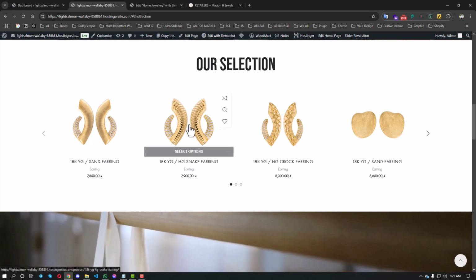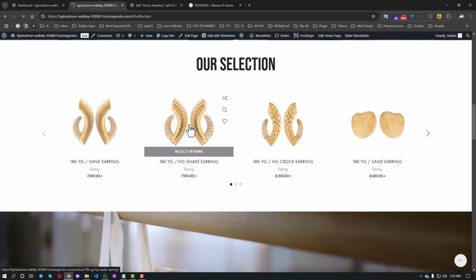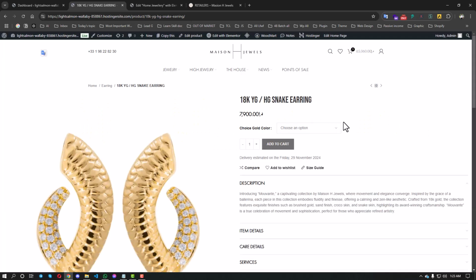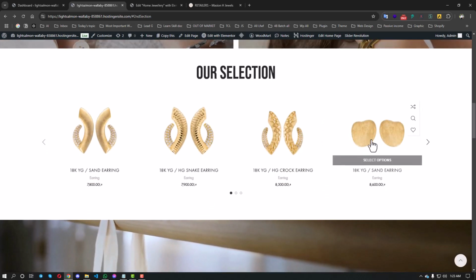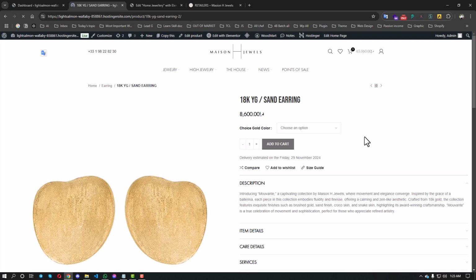So if I click on one product like this one, then you will see the single page design. The single page design moves smoothly. This is one type of product, so if I click this product, here you can see the